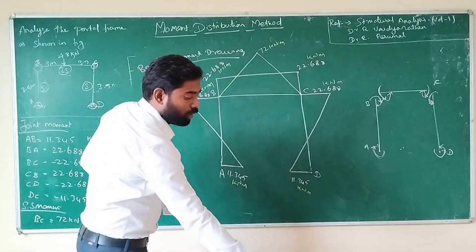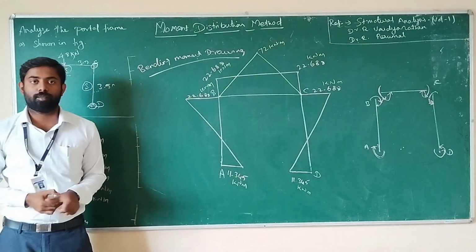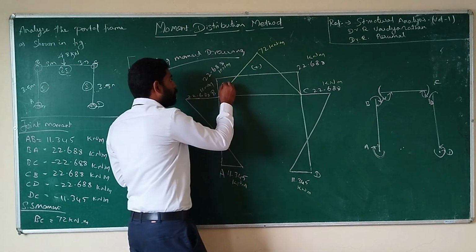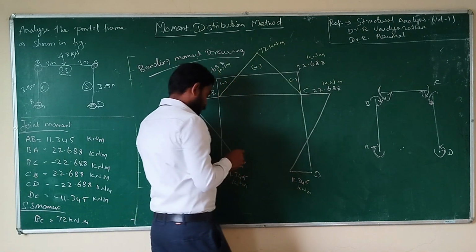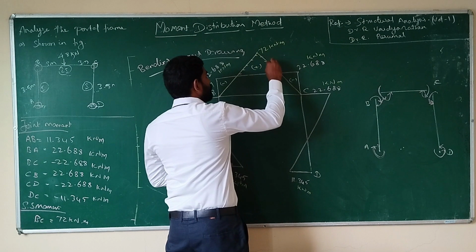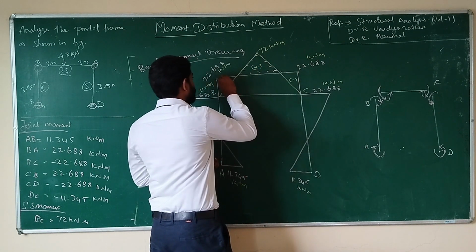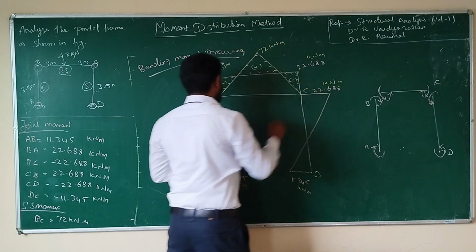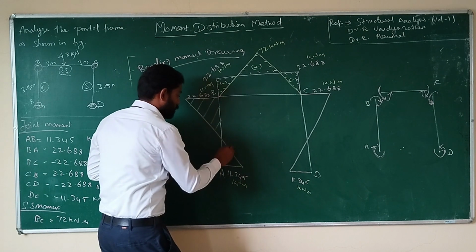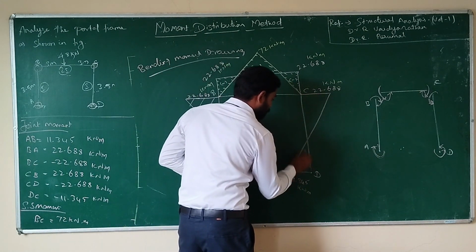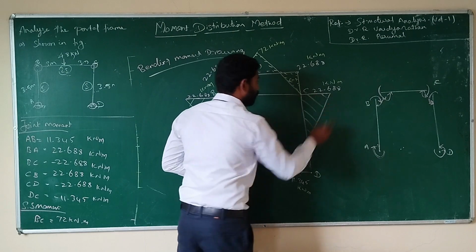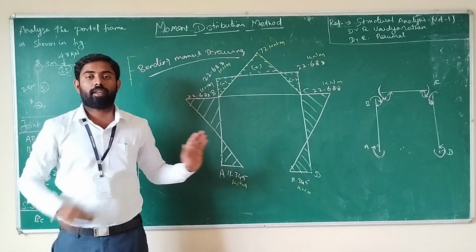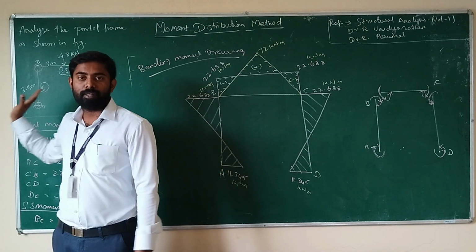The next step is the positive and negative values for the moments. Here the top value will be positive, and below it, the joint moment will be negative. I am going to show the positive in one color and the negative values in another. And this will be the bending moment diagram to calculate this for a given portal frame. Thank you.